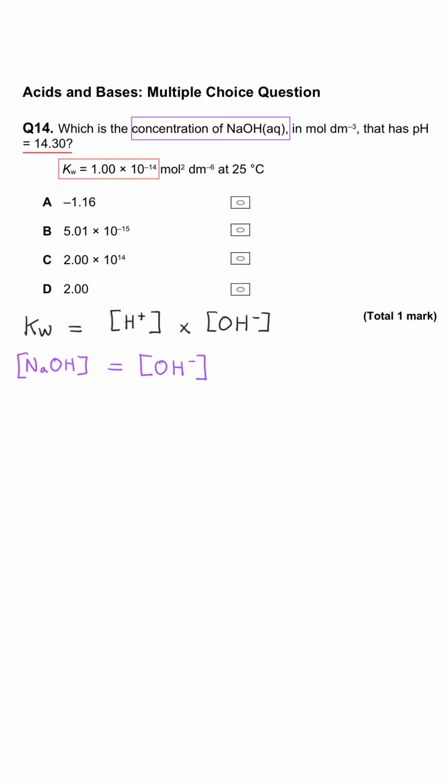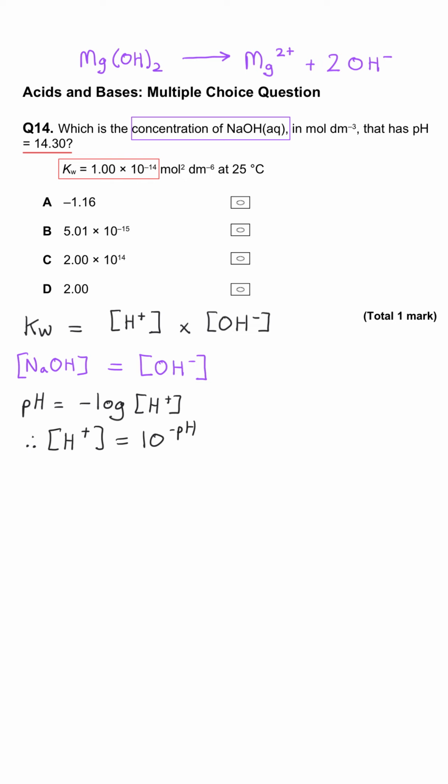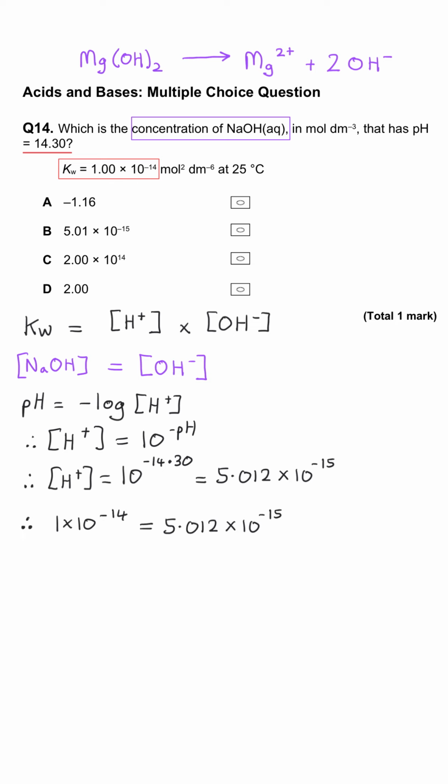If it had been something like magnesium hydroxide, that would have been more complicated because it wouldn't have been a 1-to-1 ratio. We've got the value for the pH of 14.30, and so since pH is negative log of H plus concentration, the H plus concentration is 10 to the minus pH, so 10 to the minus 14.3, which gives us 5.012 times 10 to the minus 15. And so the Kw, 1 times 10 to the minus 14, is equal to 5.012 times 10 to the minus 15